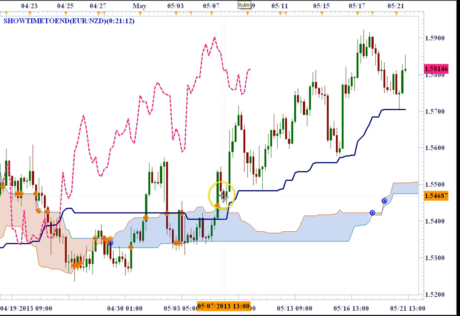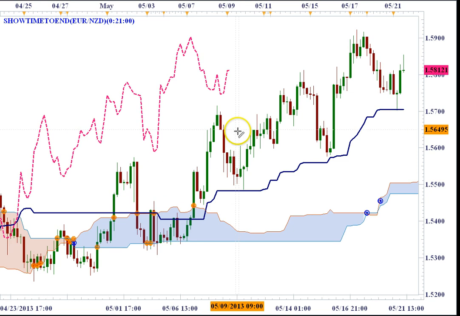And look where this candle and the Chikou span are. We're above everything. Chikou span's telling you this is a good trade. This is a good trade to get into. You get into the trade and you ride it. Now another thing that you could see if you didn't get into the trade, here's another